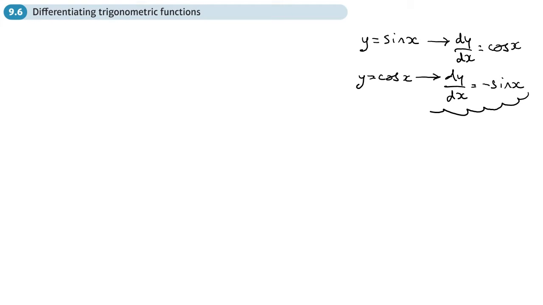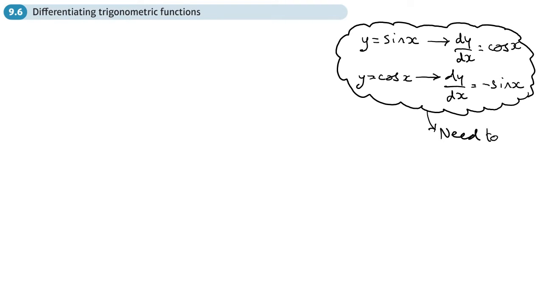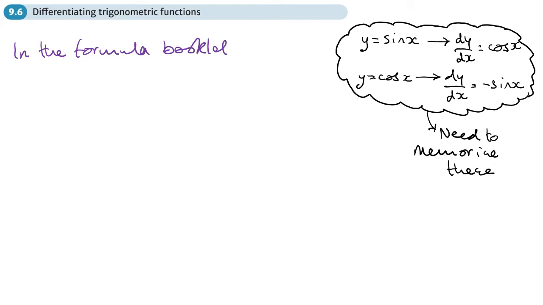The other trig identities will be given in the formula book, so you don't need to memorize these. The other ones I'm going to give you over here, these are in the formula booklet. Right, so let's go through them. So what are we missing? Sine, cos, right, tan. So